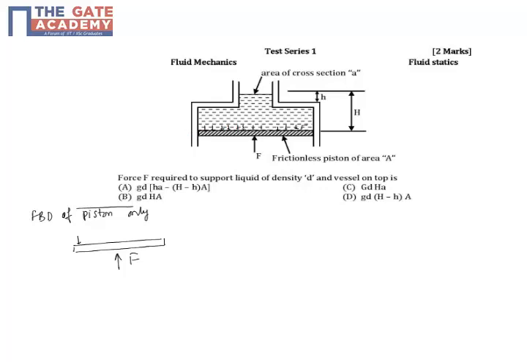Now remember that it's a static mass of fluid, so you don't have any acceleration in the horizontal direction, so the pressure will remain the same throughout and it's a uniform pressure P. And so the total force here will be P into the area of cross section, which is A. So F is the pressure that is acting at this point into A, and the pressure that is acting at this point can be found out by taking,